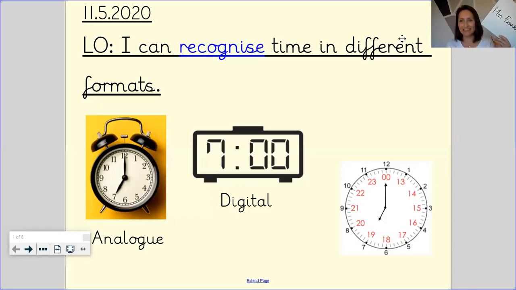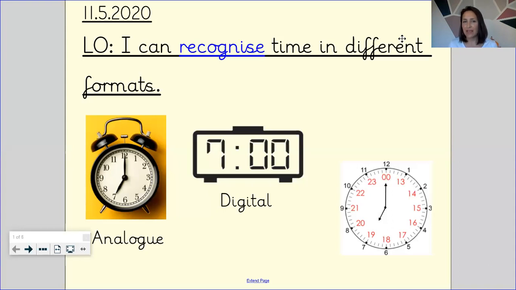A bit hard to read backward, isn't it? Hi, good morning. I'm Mrs. Franklin. I am teaching you maths today and all this week, and we're going to be carrying on looking at time, which you've been looking at last week. So it is the 11th of May 2020, and today our learning objective is I can recognise time in different